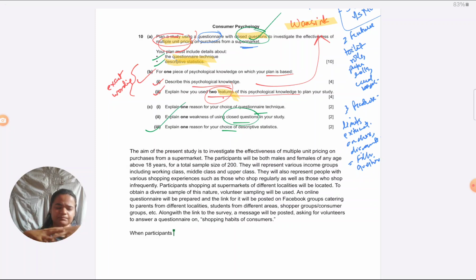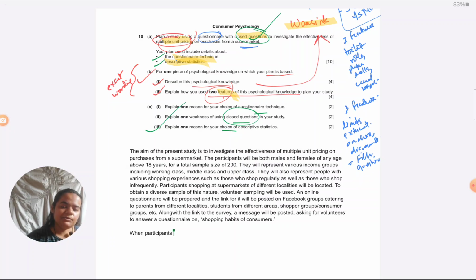Also, the biggest problem with all students when it comes to designing a study, and as such for all answers, is to be generic. So they will just put up a list. Confidentiality will be maintained, informed consent, right to withdraw. Do you really think that they're going to give you marks just because you can name some of the ethics which are there in the syllabus? However harsh this sounds, do you think you deserve marks just to be able to name a few ethics? Absolutely not.